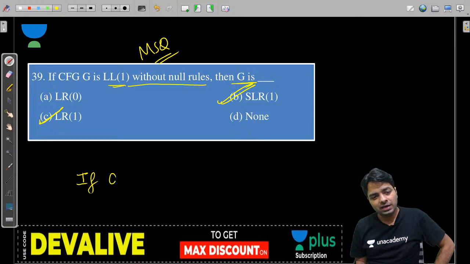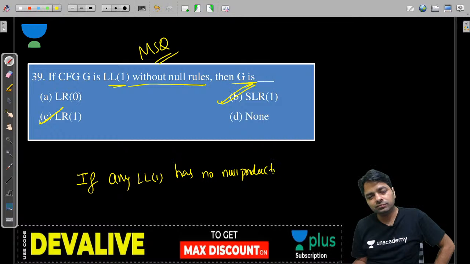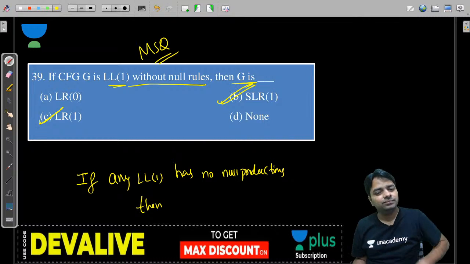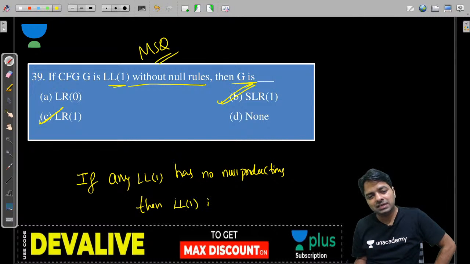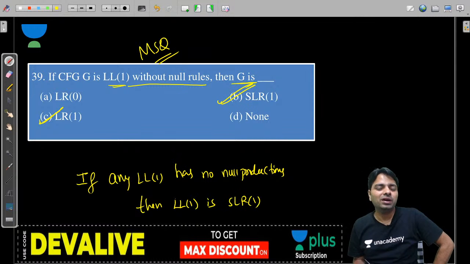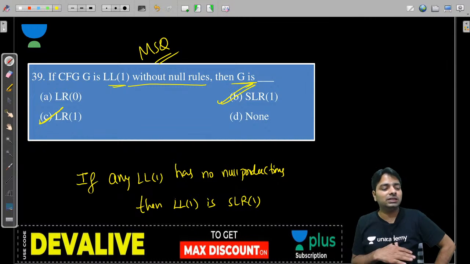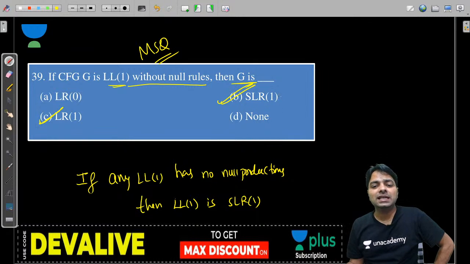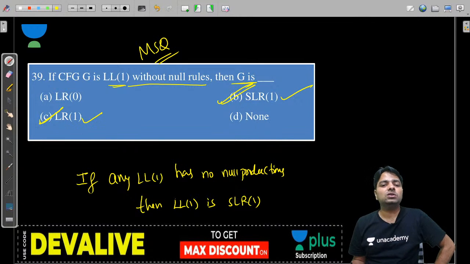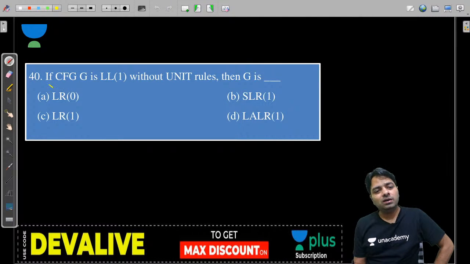If any LL1 grammar has no null productions, then such LL1s are SLR1. Not everyone, but whoever has no null production, that is true. So it is SLR1, so definitely LR1. So MSQ, guys, MSQ. Next one, if LL1 has